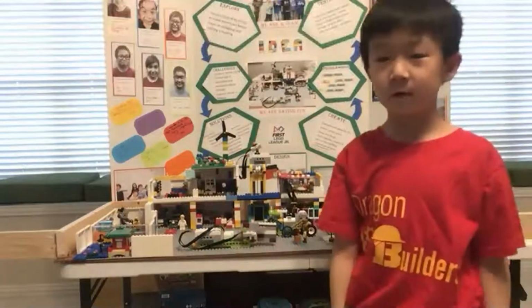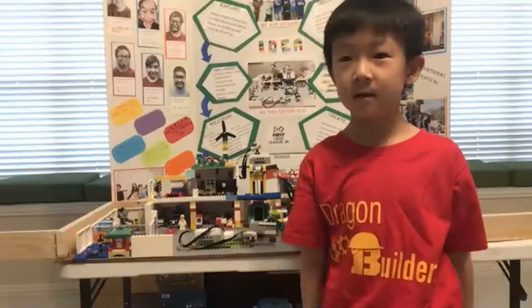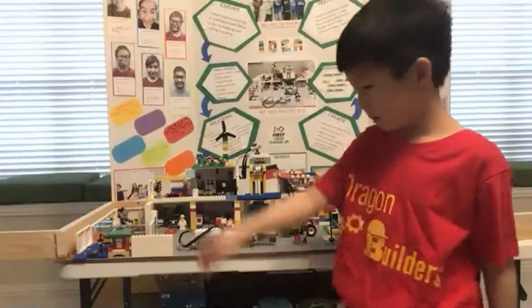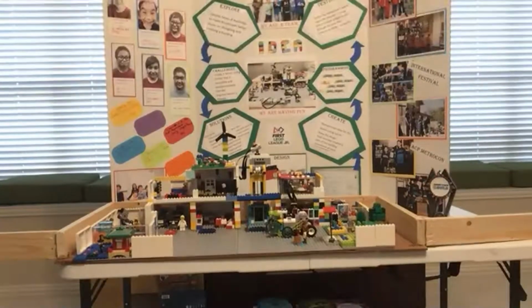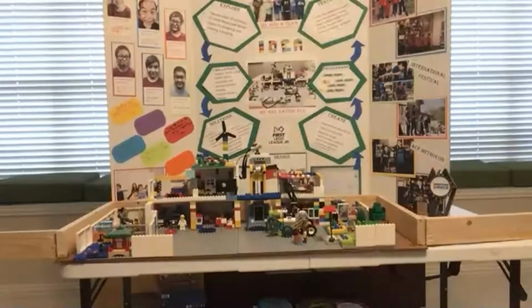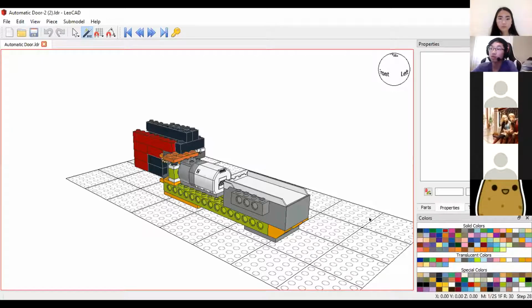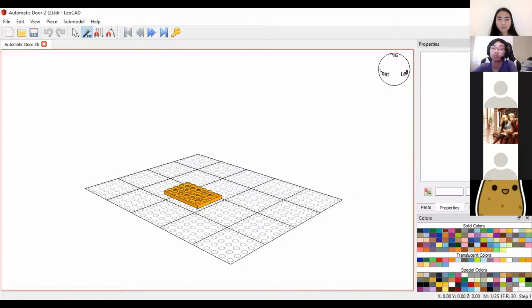Now I will show you how we use CAD to design our auto door. Now I'll start to share my screen. Can you see it? So this is